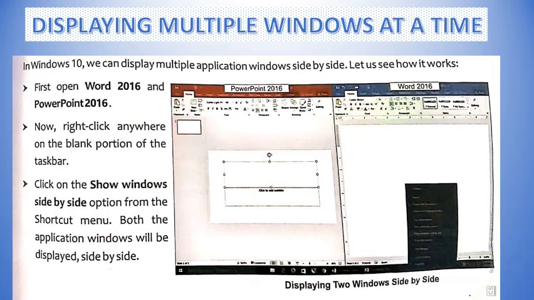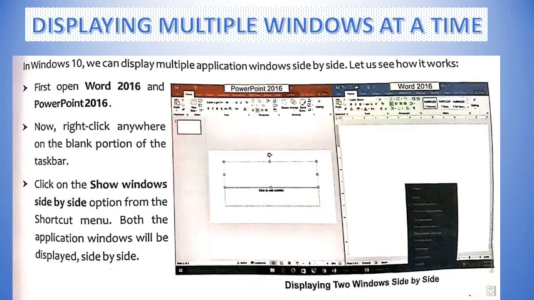Next topic is displaying multiple windows at a time. In Windows 10, we can display multiple application windows side by side. Let us see how it works. So my dear children, first open MS Word 2016 and then open PowerPoint 2016.